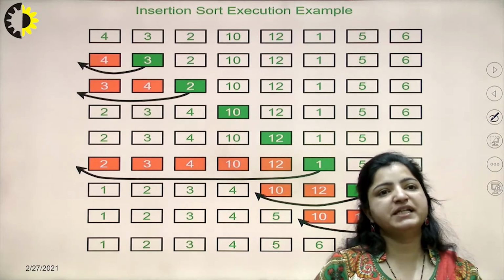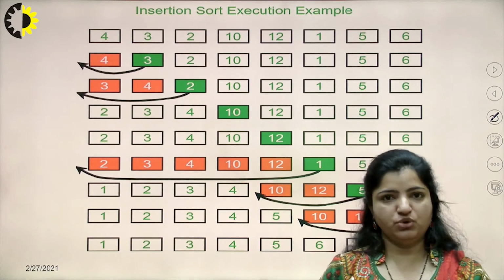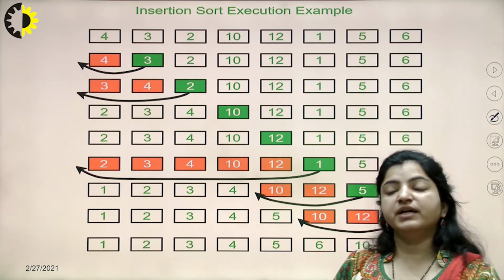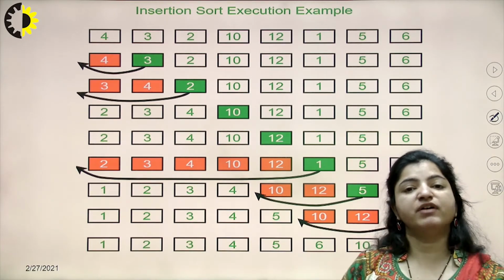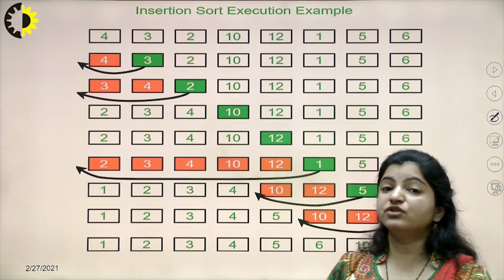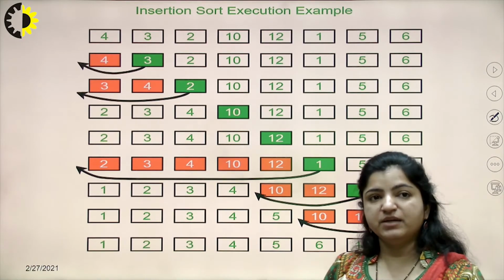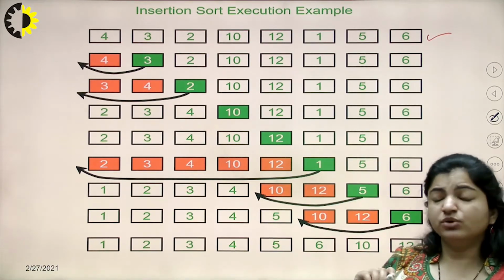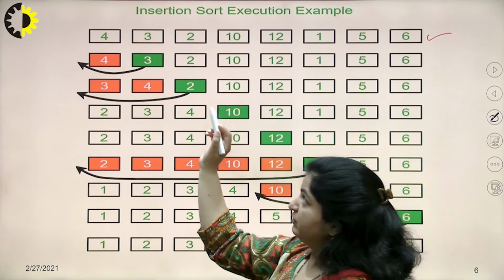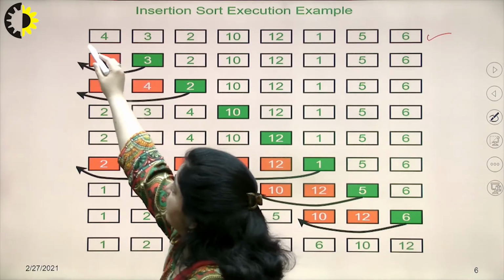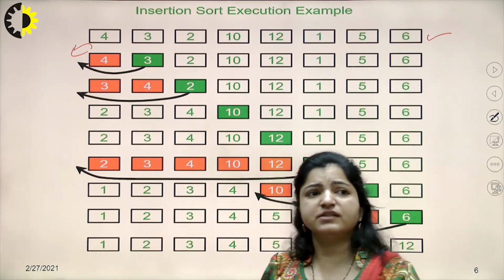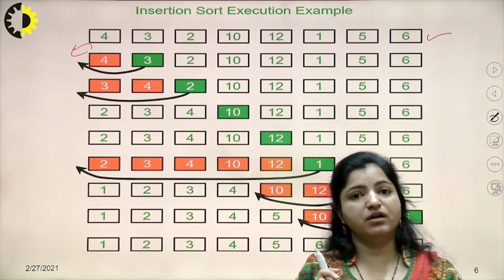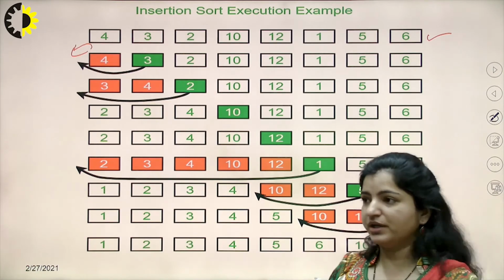Now let us proceed with an example of how this insertion sort actually works. As I said, I will take the first element and find out the appropriate position where this element needs to be placed. Like I am given this particular array. In this array we will take the very first element. If I take this very first element, there is nothing to compare here.